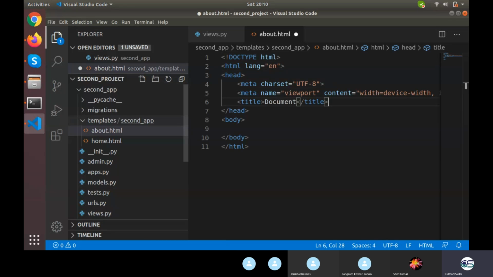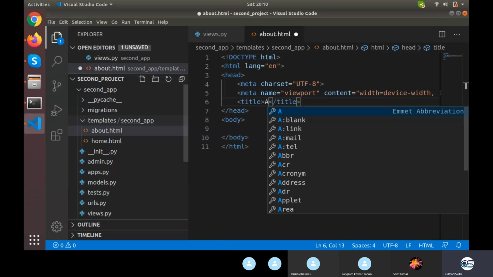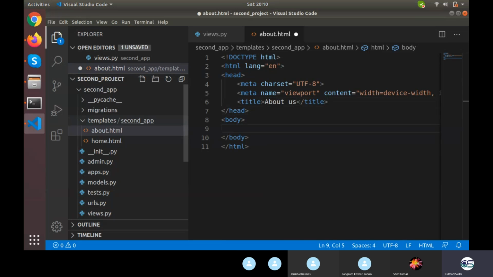I'll be naming it about us. This is an about us page. This is an h2.